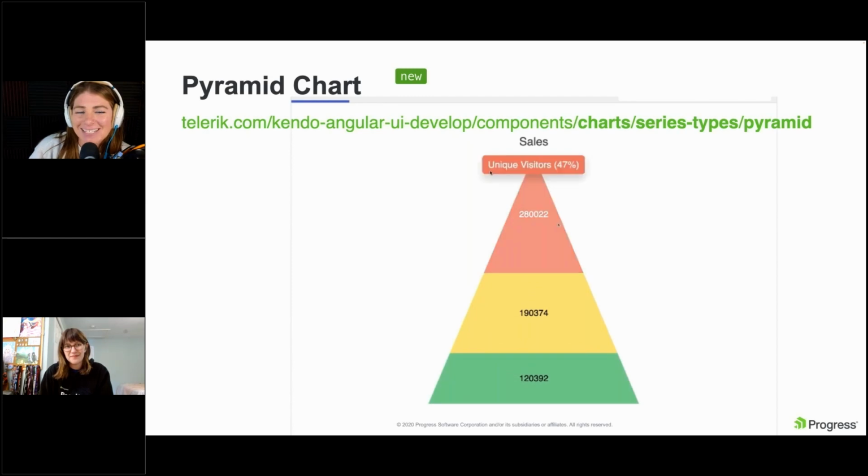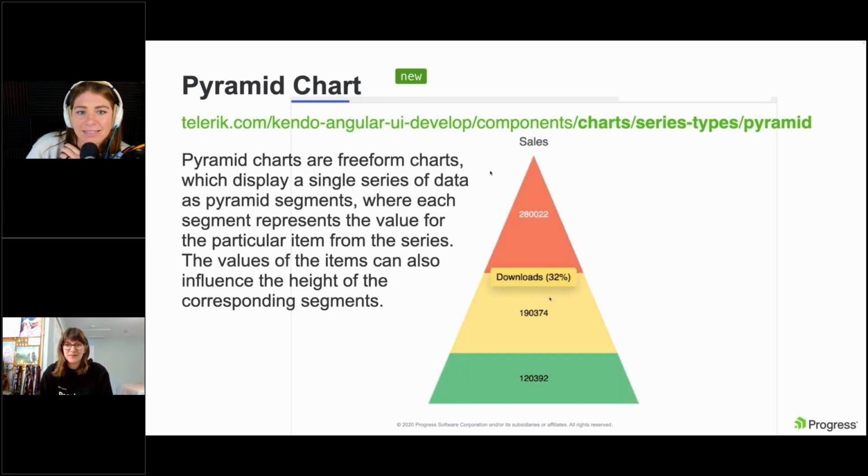The next one is the pyramid chart. Very exciting, and I did this little hover GIF so you could see some of its features happening. I think we have some details. It's a free-form chart displaying a singular series of data as pyramid segments, like you can see here. Each segment represents the value or particular item for the series. And the values of the items can also influence the height of the corresponding segments, so that you don't get